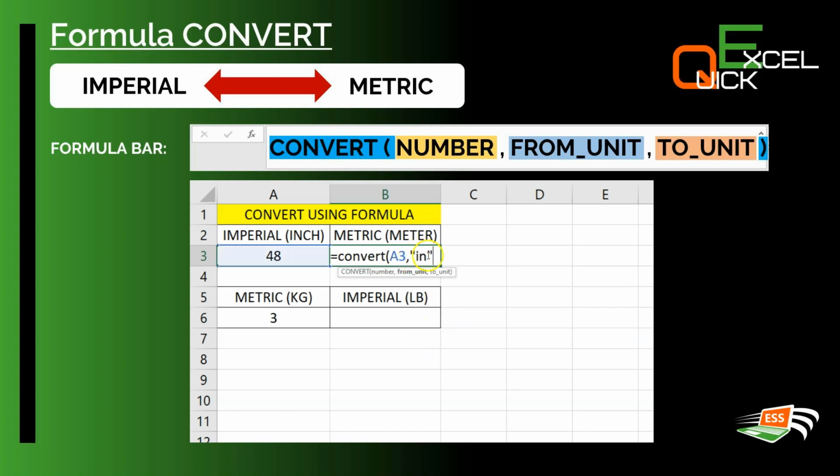You'll see it's within parentheses saying that the unit you've referred to is currently in inch, comma again, change it to, we want meter and it's right at the top, double click, close parentheses, enter, and there we have 48 inches is 1.2192 meters. We go at the bottom, from metric to imperial, we would like to change 3 kilograms